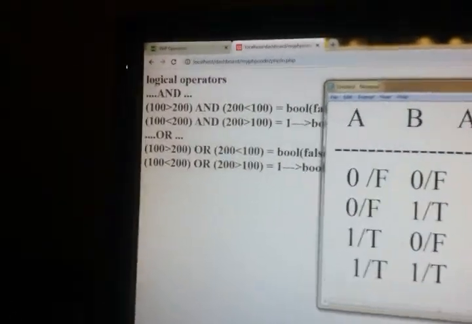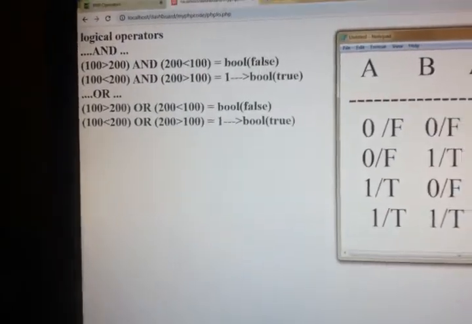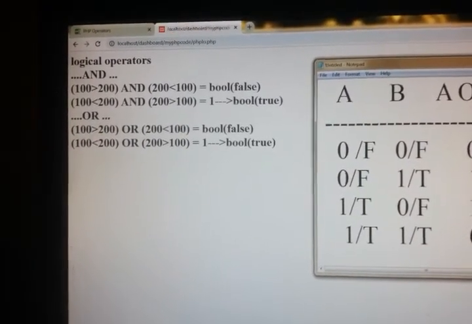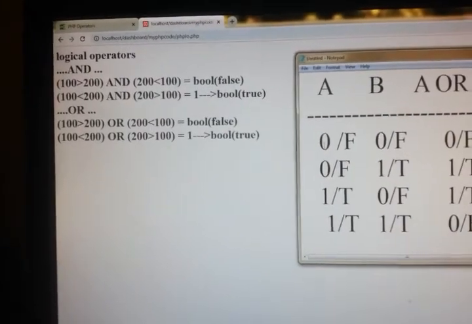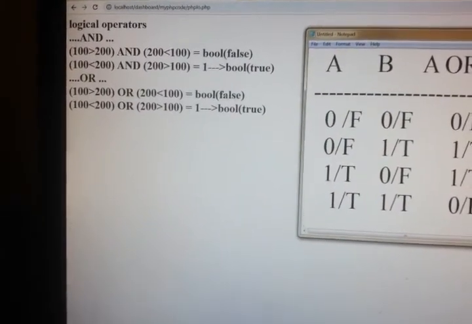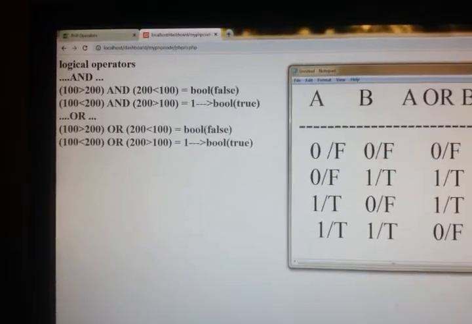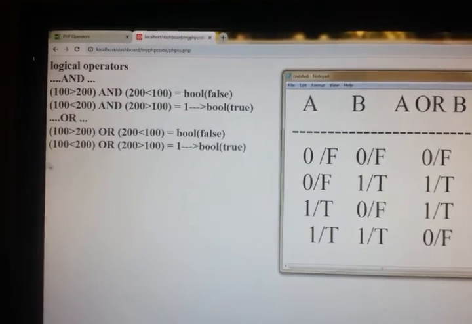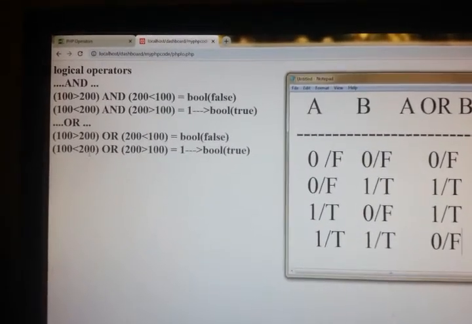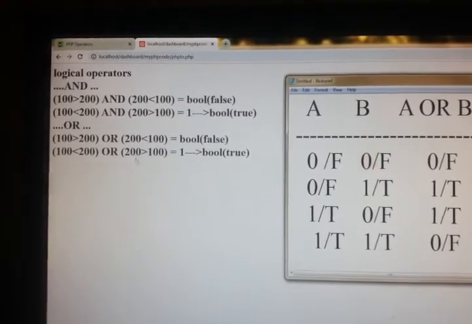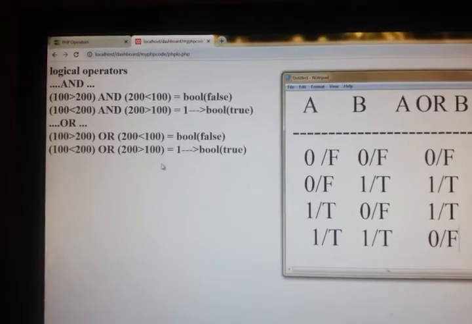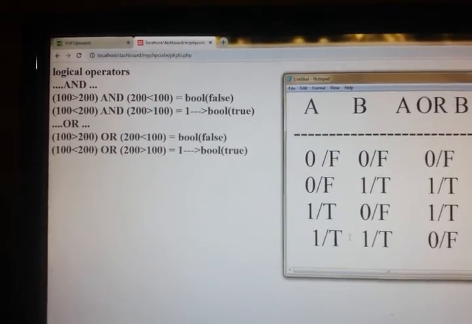So according to that, 100 greater than 200 is false, 200 is less than 100 false. So false, false, the first condition we got false. So it is not printing the 0 value. Simply using var_dump I have used, and it is telling it is a false value. 100 less than 200 is a false value, or 200 is greater than 100, so this is a true value. So second case. Now we will see the last case for OR and what we are getting.